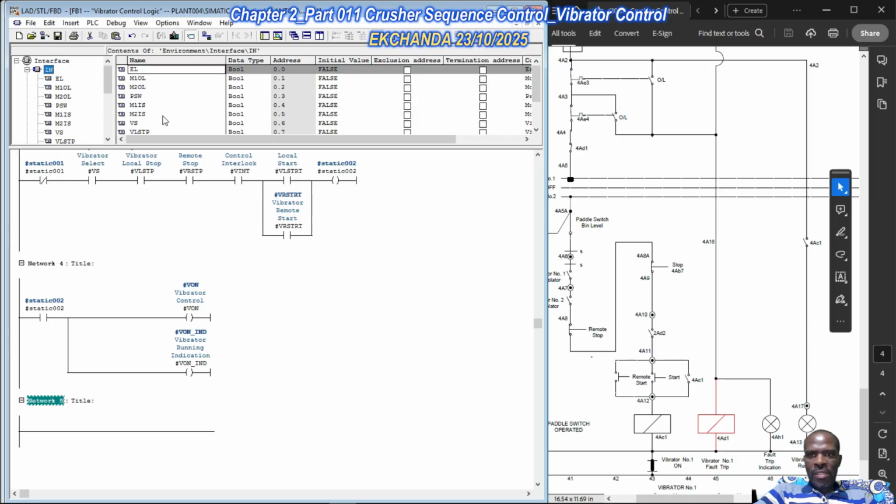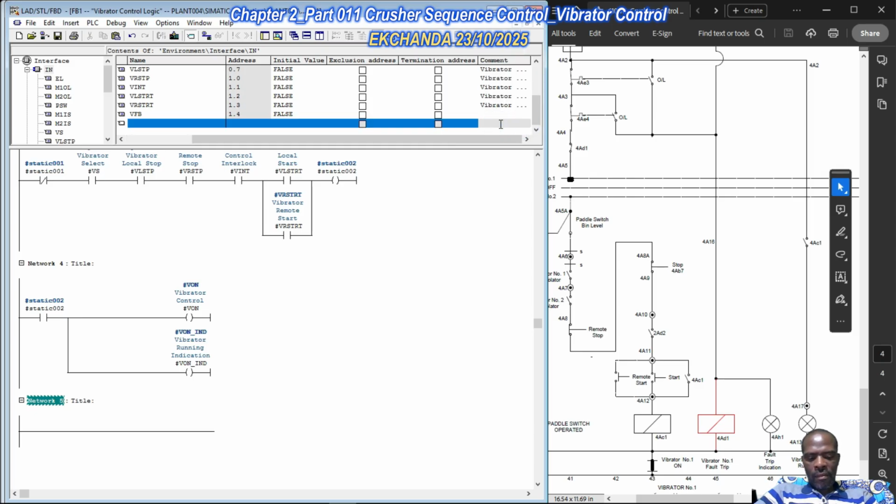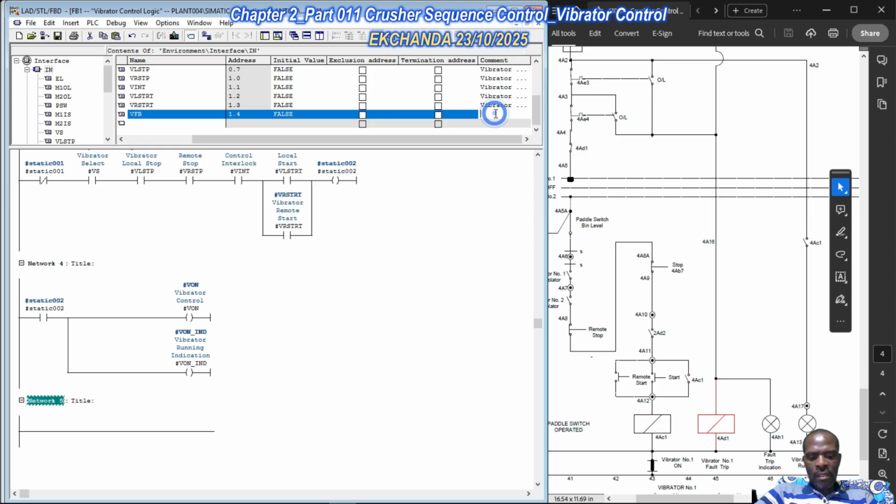On the input side, we can say vibrator feedback. So vibrator power contactor feedback